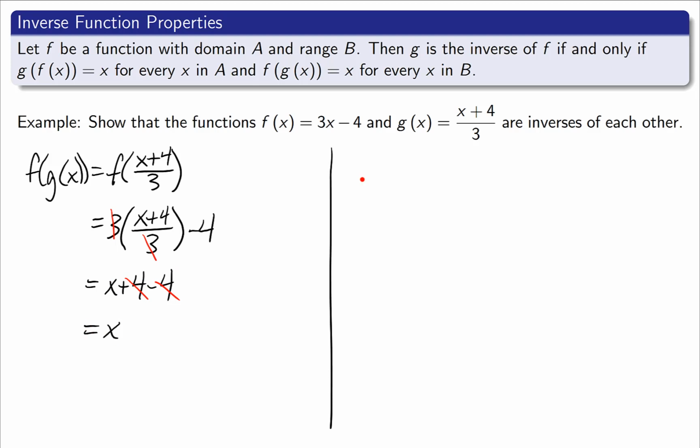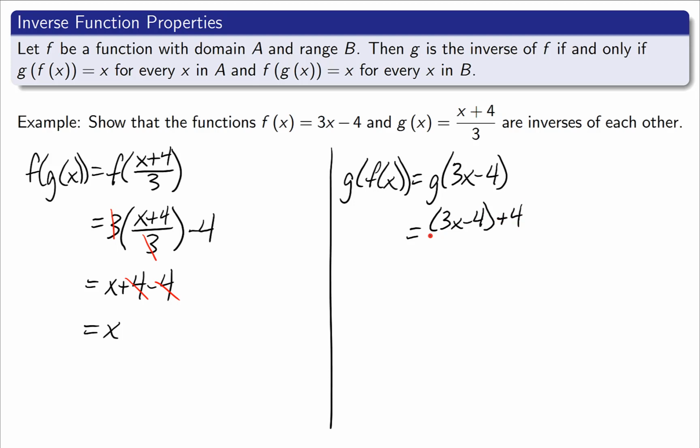Let's do the other direction. G of f of x. Again, start on the inside. That's g of 3x minus 4. So now I'll go to g, and wherever I see an x, I will replace it with 3x minus 4. That gives me 3x minus 4 plus 4